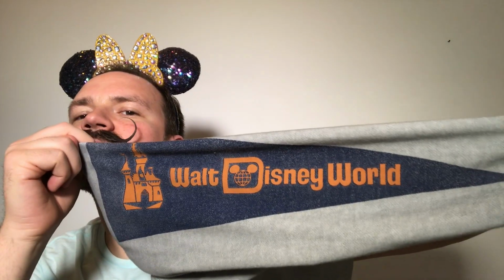And then there's a pennant right here on the sleeve, which is really cool. Wish I had some better adjectives. Cool is probably what you're going to hear over and over again, because I love it all. It's great. Disney parks, you must get a